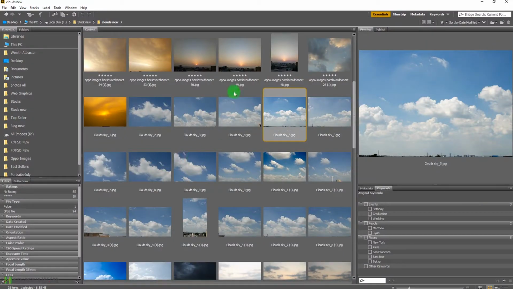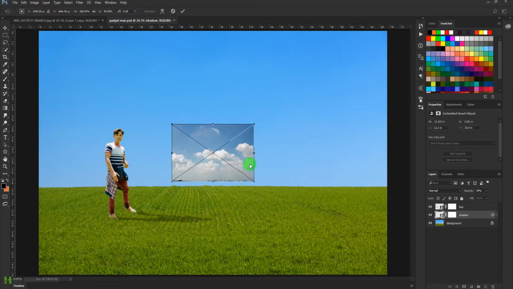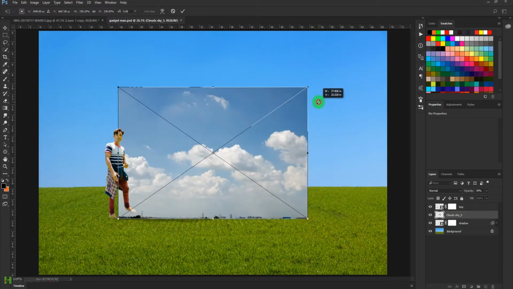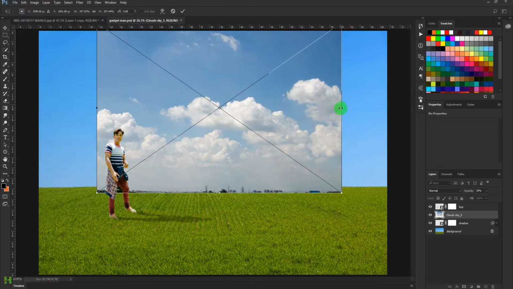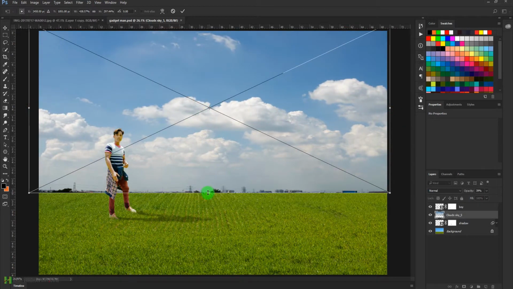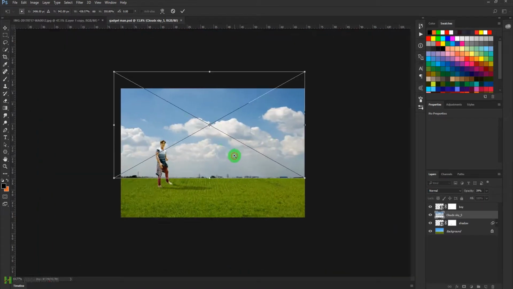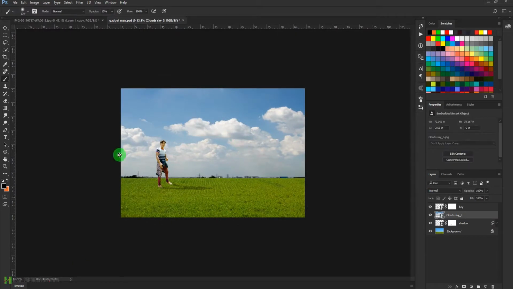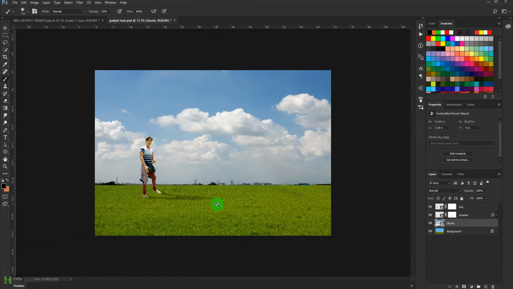and now let's bring in the cloud. I will browse for the cloud image, place it over here and press Ctrl T, Command T, and resize it to fit the background something like this, and let me make this size a little larger, something like this, and press enter. Okay, and let me bring it down onto the background. I'm going to call it clouds